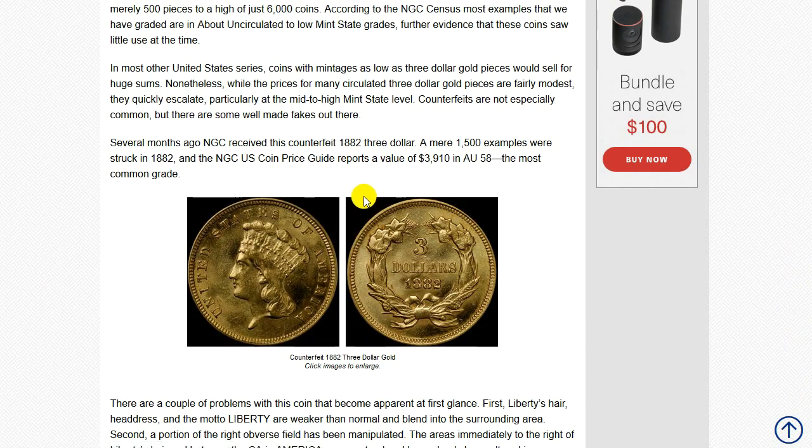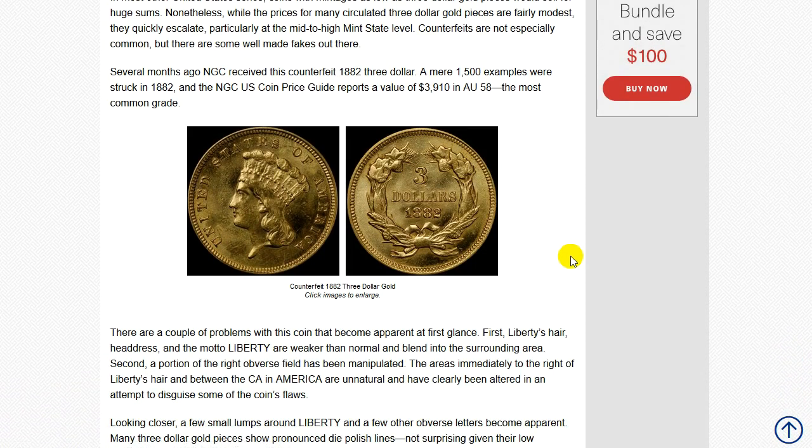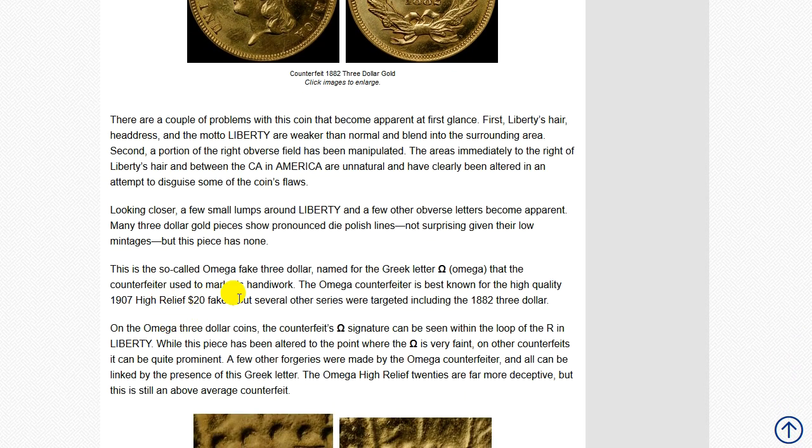There it is. And I'm kind of curious where that signature is, the Omega signature. And then the NGC price guide. Of course, with that guide, that counterfeiter is very famous, so it's going to command quite a premium for it as well. Very good. The so-called Omega fake $3 name for the Greek letter Omega that the counterfeiter used to